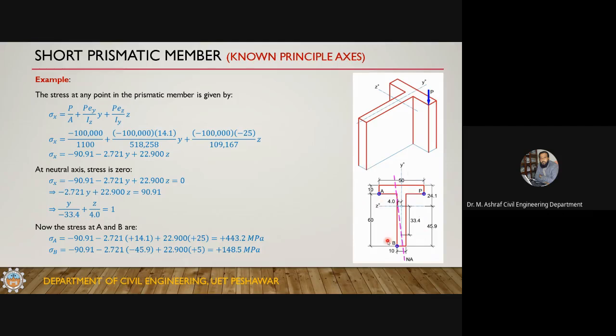Okay, so the question is saying to calculate the stresses at points A and B. So just in this equation you will have to plug in the coordinates of A and B. So stress at A: minus 90.91, minus 2.72, and the y coordinate of A is plus 14.1, and the z coordinate of A is plus 25. Just plug in plus 14.1 and plus 25, and you will get 443.2. This is a positive value and it should be, because this is on this side,